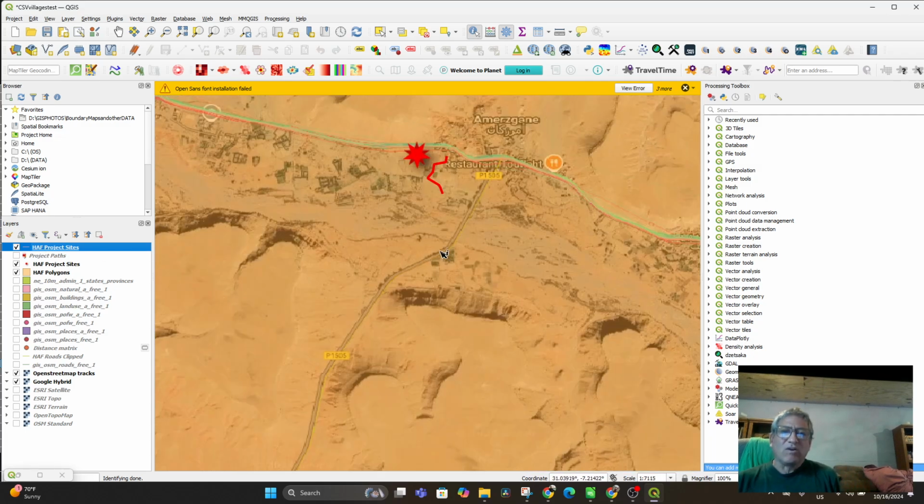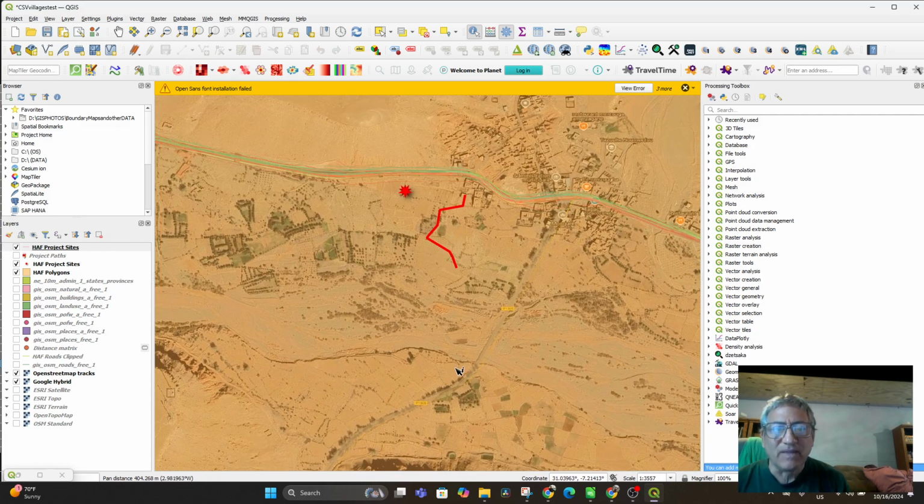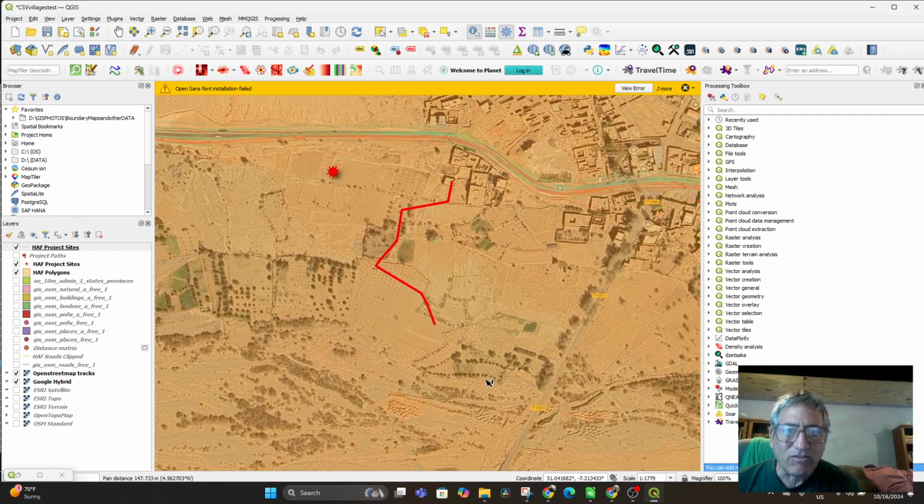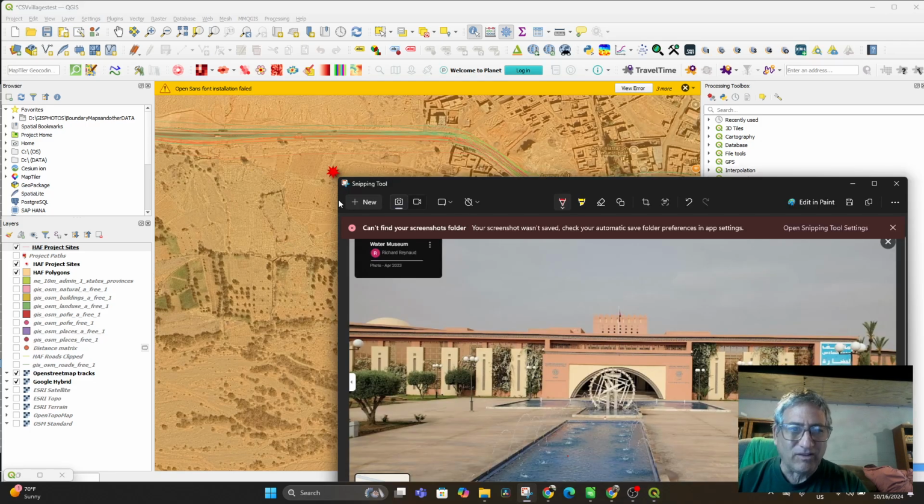So somehow we're only getting a piece of the line, and that is something that I've got to figure out. But that is the procedure, and we will figure out how to make it longer later on. If you'd like to stay with me, I'm just going to go to QGIS, not QGIS, I'm going to go to